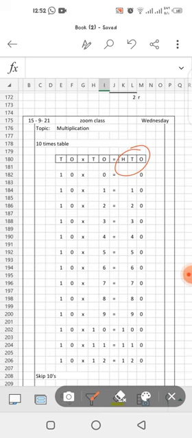Now every time when you are going to write the table, you are going to write the table with zeros. Whether you are writing the table of 2, 3, 4 and 5 and 10, you have to start the table with 0. Alhamdulillah, you got this concept of 0 as well in the classroom. Okay, so starting the table with 10 times 0, 10 ones are 10, 10 twos are 20, 30, 40 and so on. We have completed the table of 10.